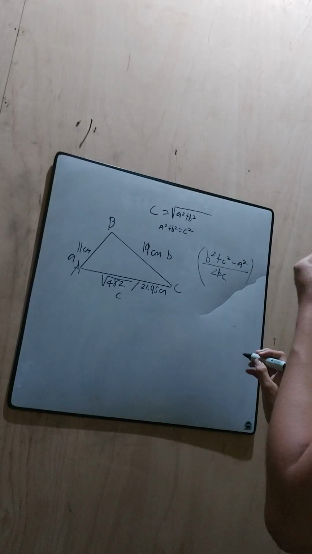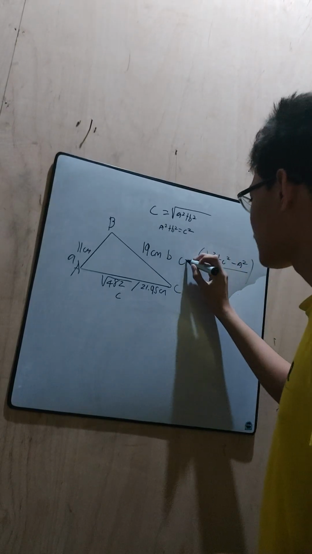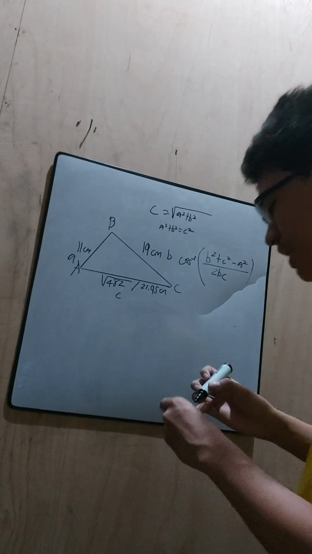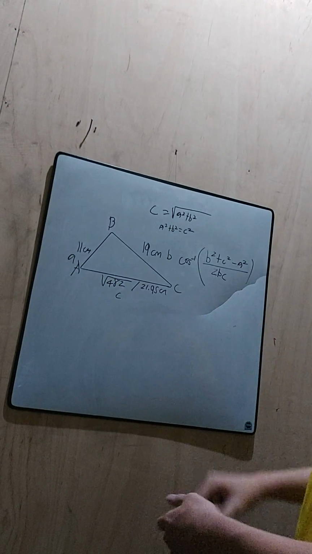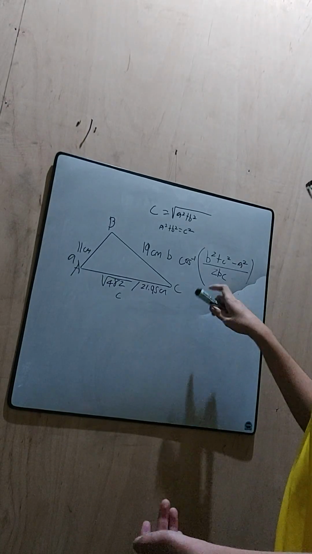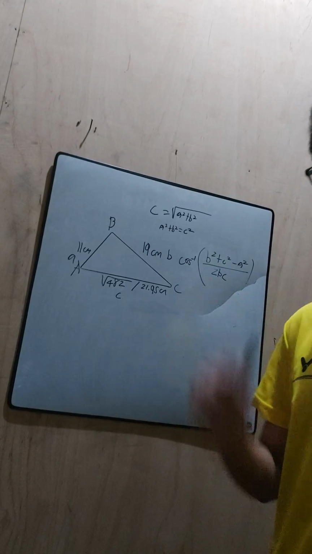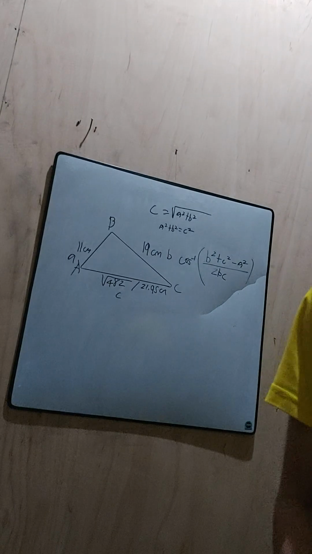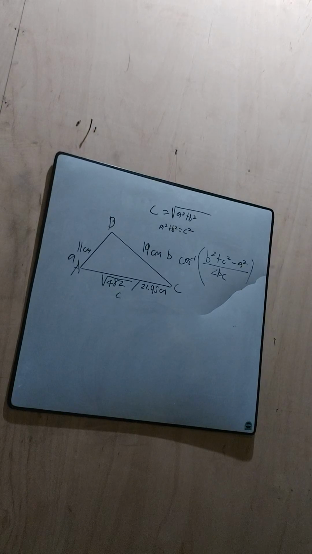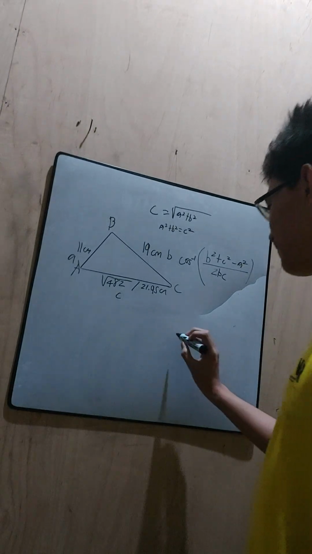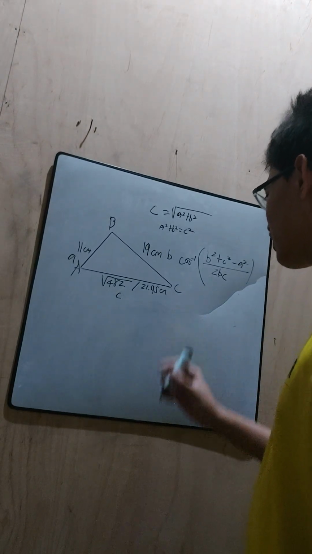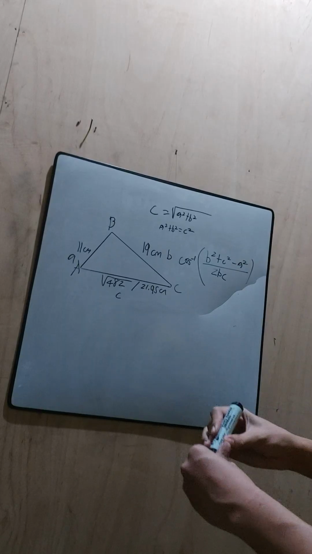Okay, I think you guys can see it. So inverse cosine to get the angle. There we go. Inverse cosine of b squared plus c squared minus a squared over 2bc. Alright, now let's substitute values of the formula. So for our cosine C,